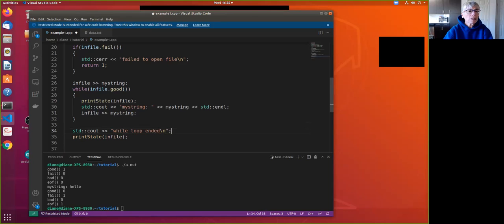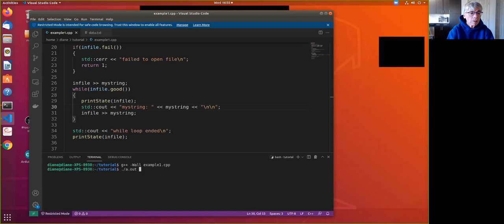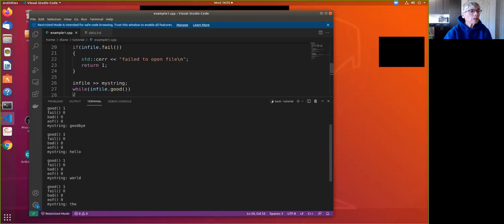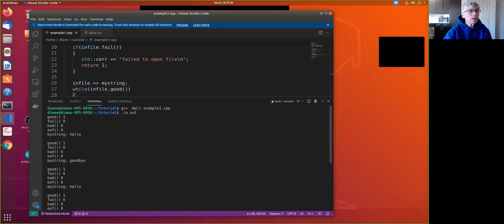And let's see, after we print my string, let's maybe just give this 2 new lines here. All right, let's clear this out. Let's rebuild. No errors, let's run it. All right, let's pull this up. All right, so as this ran,